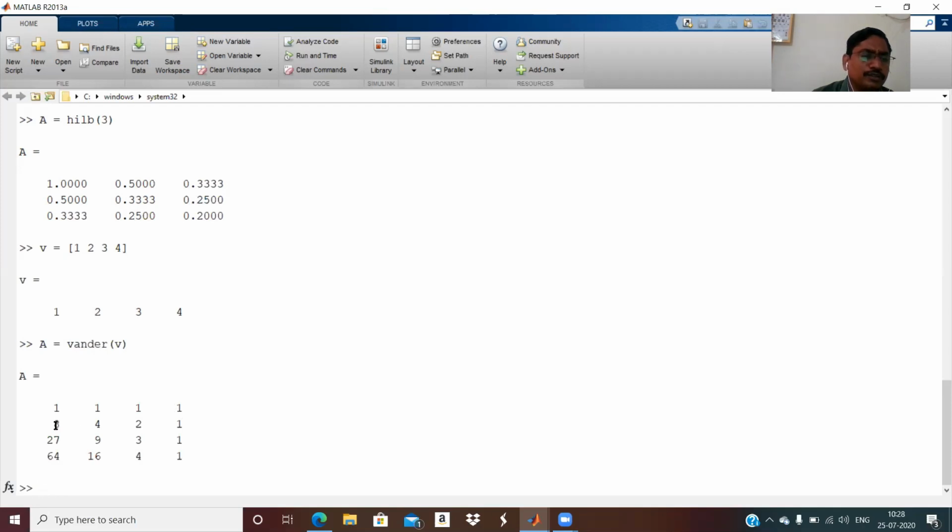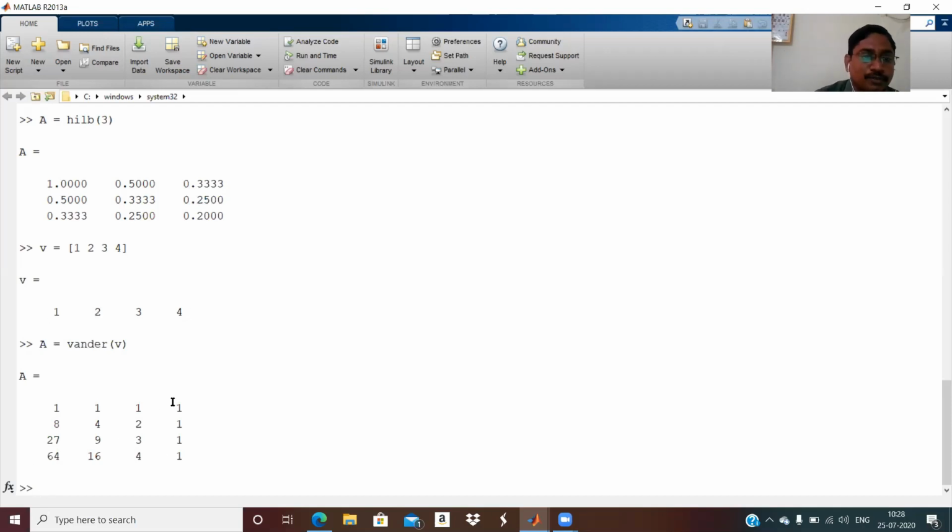Then 1, 2 cube, 3 cube, 4 cube. So this is the 0th power of 1, 2, 3, 4. This is the first power of 1, 2, 3, 4, this is the second power, and this is the third power of 1, 2, 3, 4.